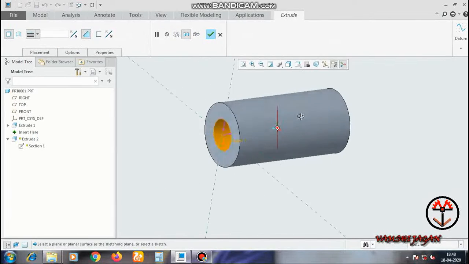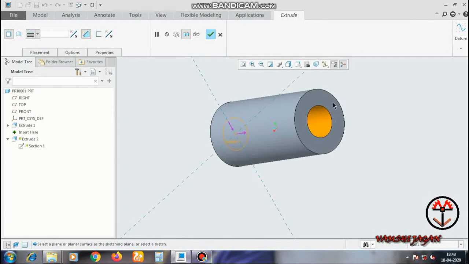So you can use through also. So this is through, and the bottom one is up to surface. So you can see the selected surface, removed material from the selected surface,